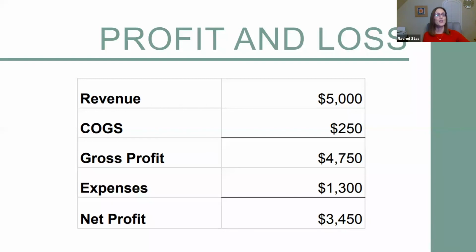So with revenue, that can also be known as your sales or your gross receipts. That's anything that the business has made. So it's not money that you've put in yourself. It's not a loan. If you got a PPP loan, you would not include that in there. This is money earned by the business. So that's going to be your gross receipts, your revenues, your sales, all interchangeable.